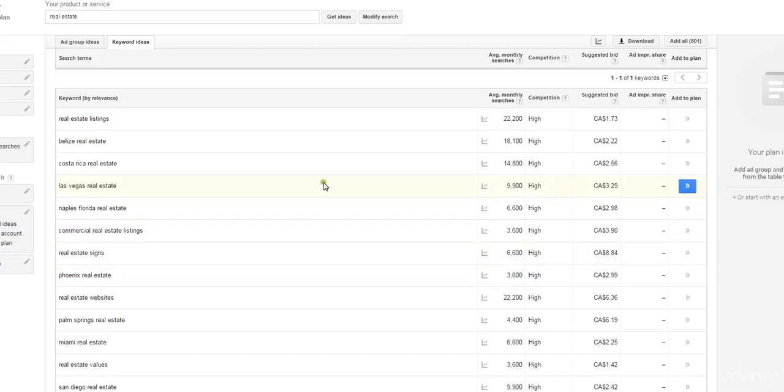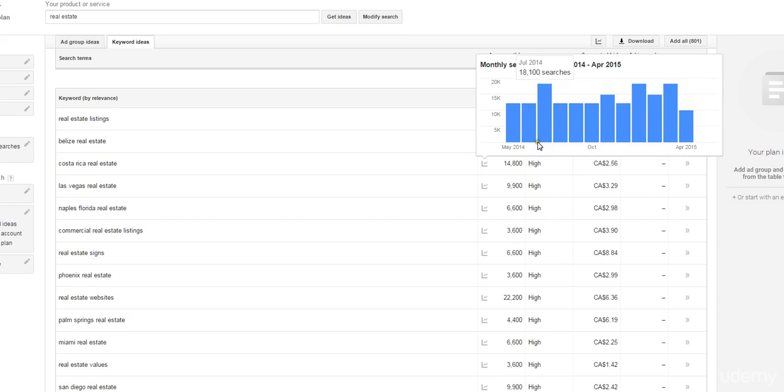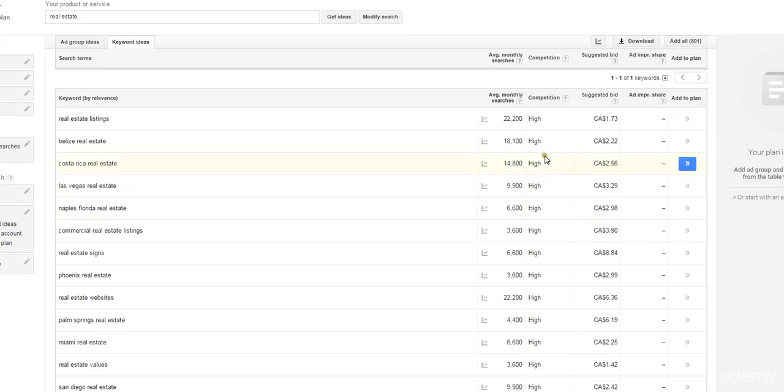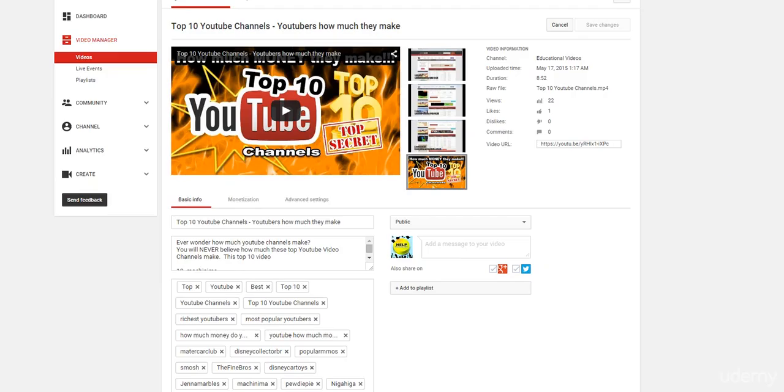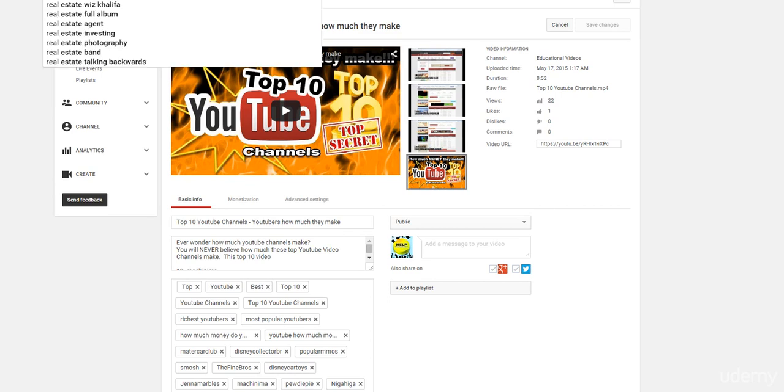You can see here within the keyword planner that even though some of them do have more monthly searches, you can see the competition rating that's being placed on them. High is something you've got to really consider, whether you want to compete against higher competition wording. And you can see here when I go back to YouTube and I type in real estate